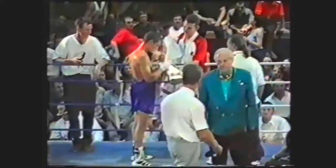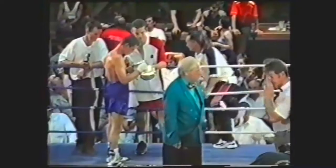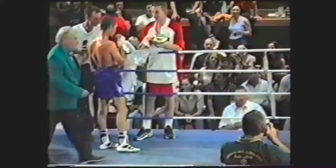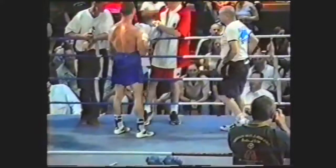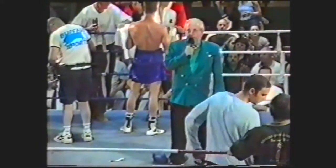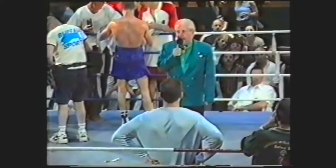And Howard Lee looks ready to make the presentation. Darren Miller just collapsed under the weight of Stewart's fusillade of punches at the finish there. And here we're getting ready now. It was interesting what Michael was saying about that kind of barrage, and the one that did the damage was the short right hand. Yeah. Total the count of 10, 1 minute, 57 seconds into round 11. Would you congratulate the